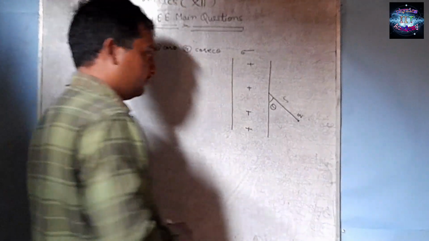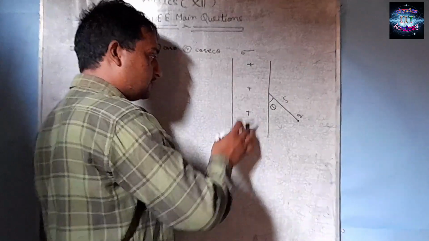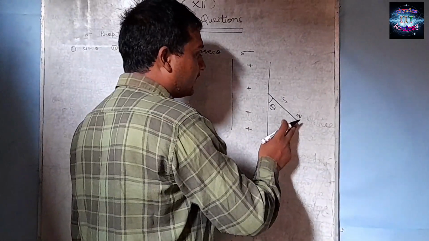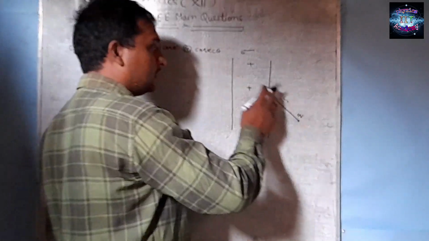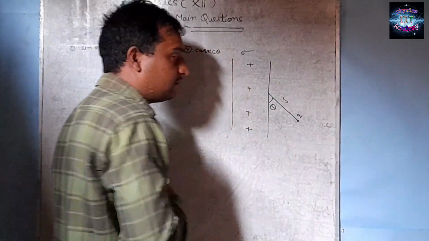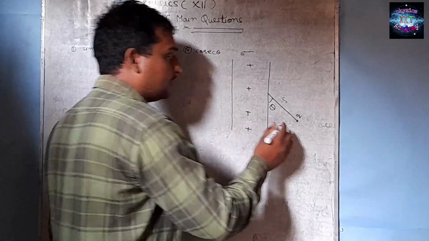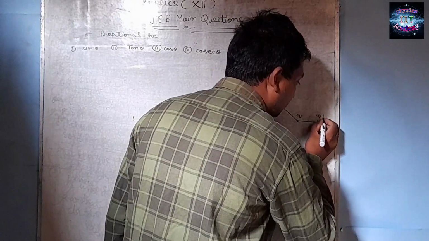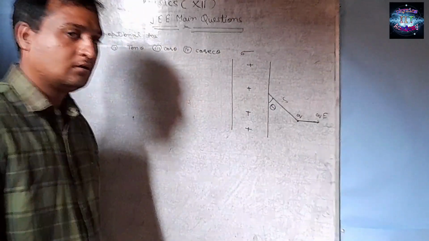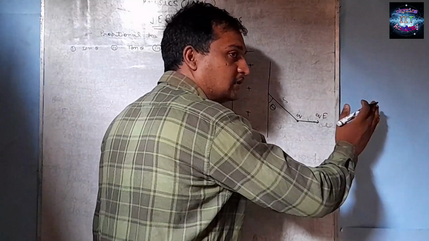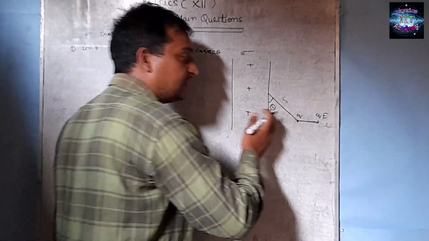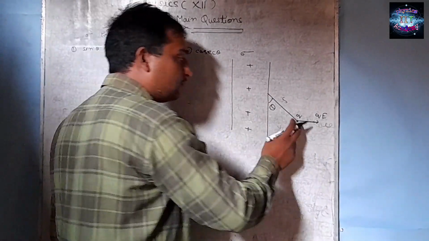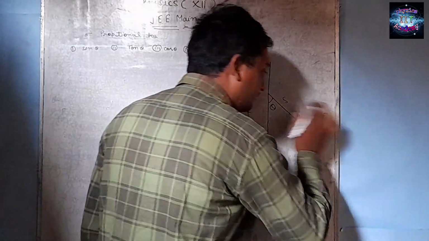Now let me visualize the situation. Surely this is the positive charge and it will create electric field around it. So the force due to electric field on this charge will be in which direction? Rightward or leftward? This is the positive charge, so electric field is surely in this direction. So it will apply a force qE in the rightward direction, because electric field is away from the charge and on a positive charge the force will be in the direction of electric field.